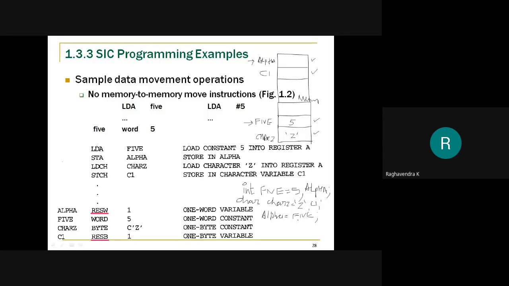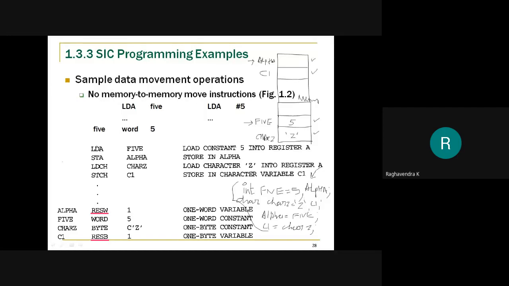We'll move the contents of 5 to alpha. And similarly, if I want the contents of char z to be copied, all I need to do is write C1 is equal to char z. So these instructions in the C program are going to move the content from 5 to alpha and char z to C1.